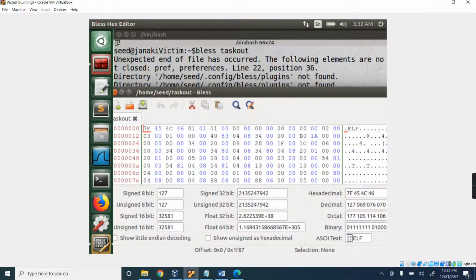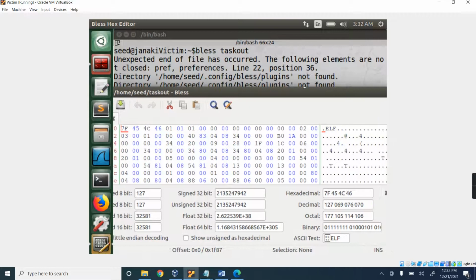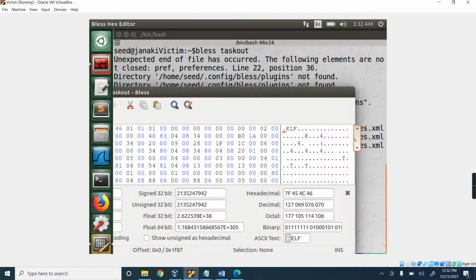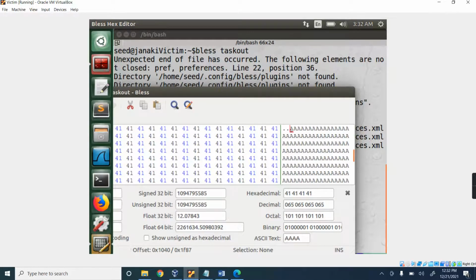So from this file we need to note down where my X array is starting and where my Y array is starting. So I need to scroll down here till my X array is starting. We can easily find where continuous A's are starting first time. So here continuous A's are starting first time. You need to check this option in octal, hexadecimal, binary, in all the formats we can say. In decimal it is starting at 4160.